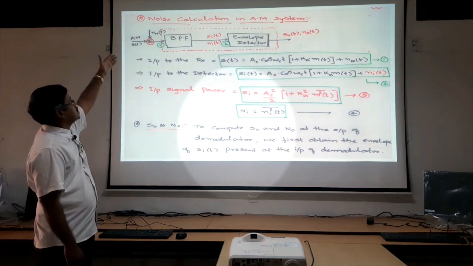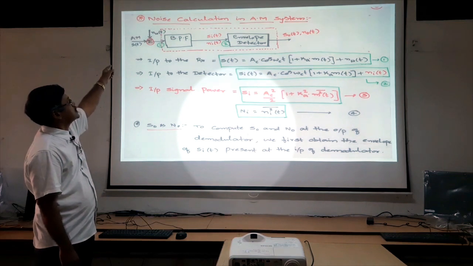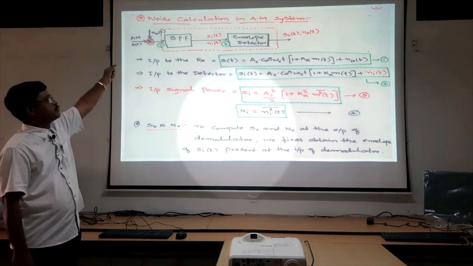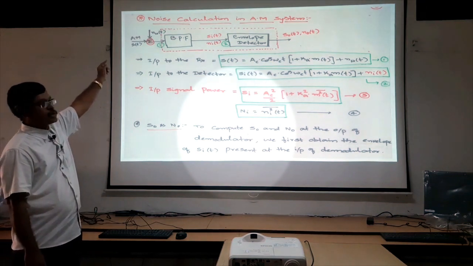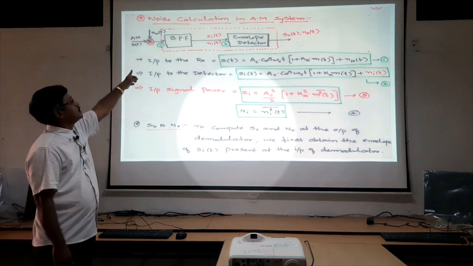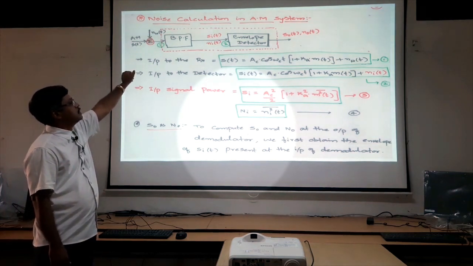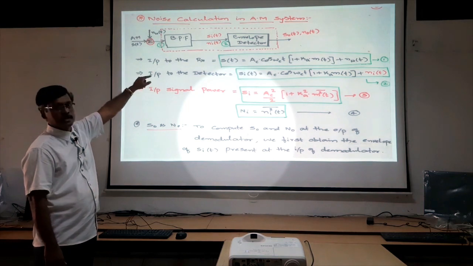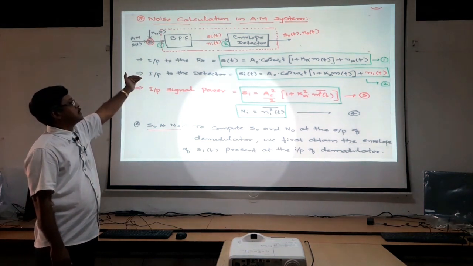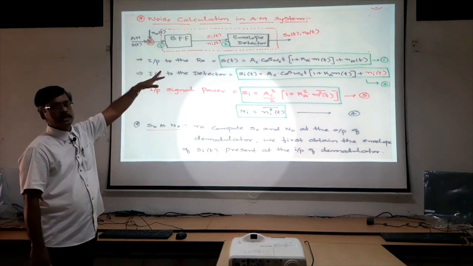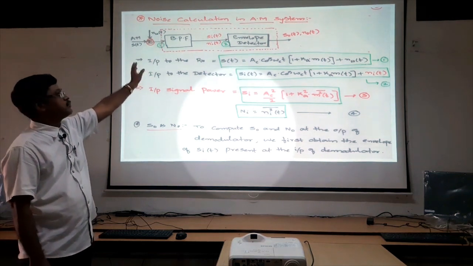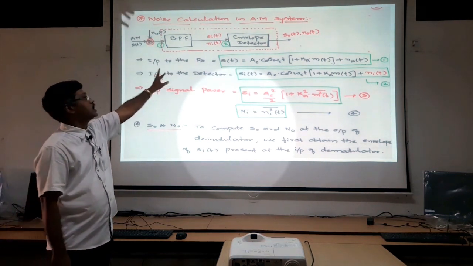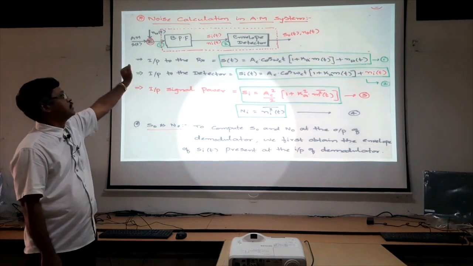When it comes to the input side of the receiver system, the receiver receives the amplitude modulated signal as well as the noise, which we are defining in terms of white noise or Gaussian noise. The significance of the band pass filter here is to minimize the noise to some extent, which avoids the problem of the envelope detector and increases the performance of the receiver system. Here I am using the band pass filter.